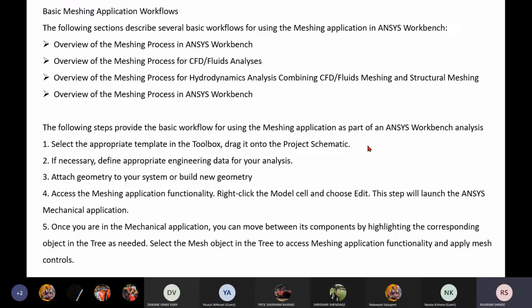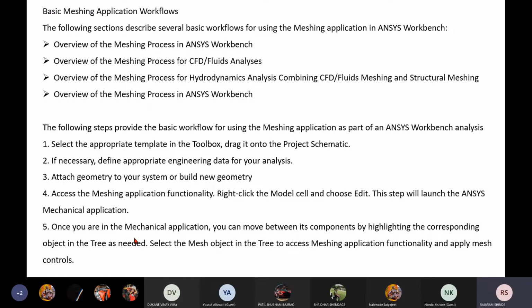Once you are in the ANSYS Mechanical application, you can move between its components by highlighting the corresponding objects in the tree. That means similar to the details view in your DesignModeler, you will get the details view in your meshing or mechanical application also, and in that you will get the tree outline also.